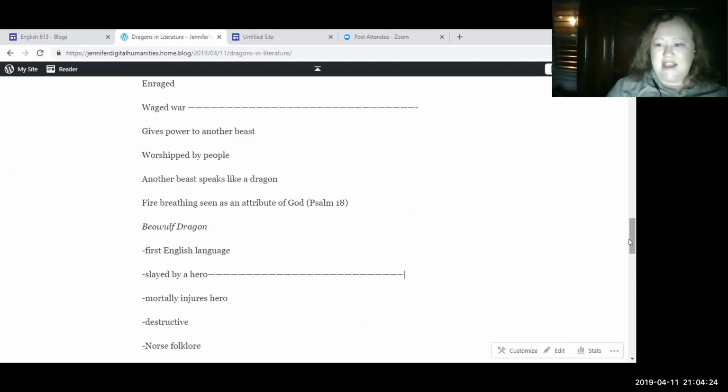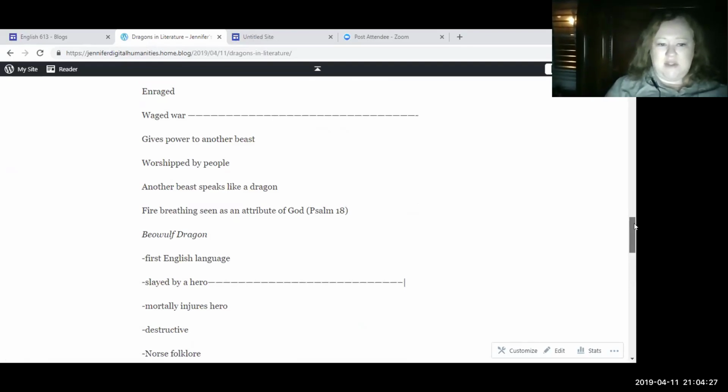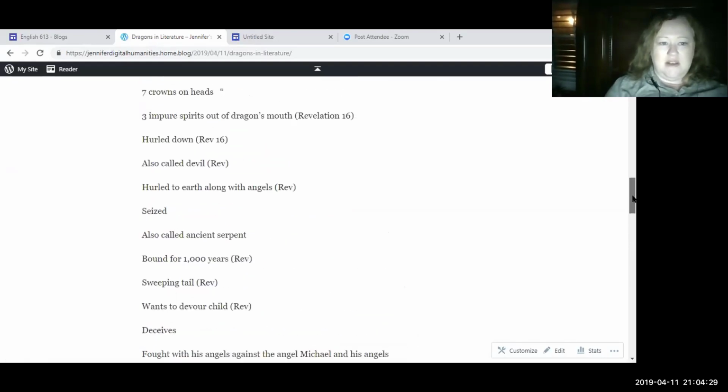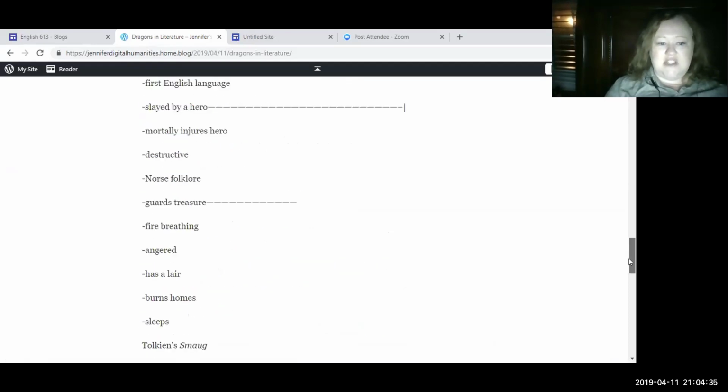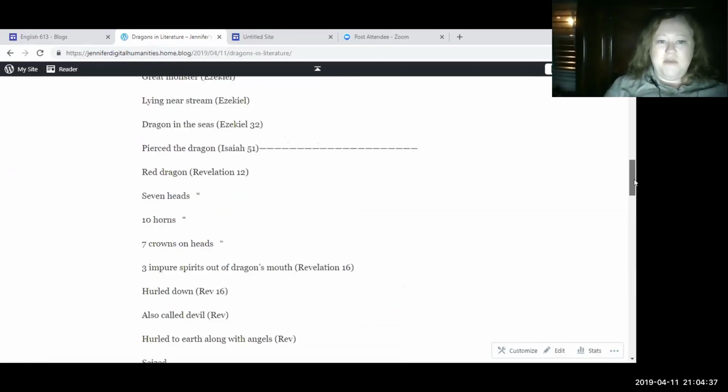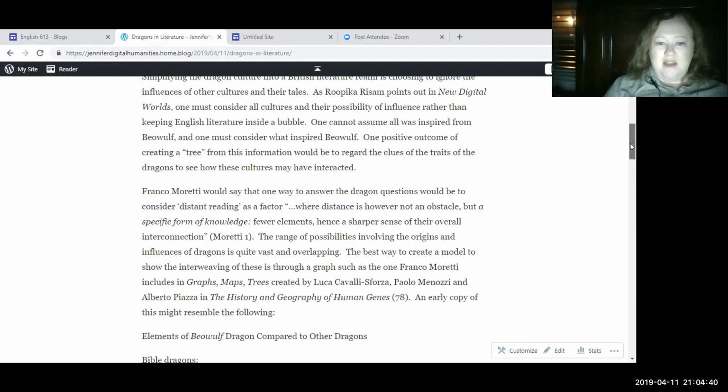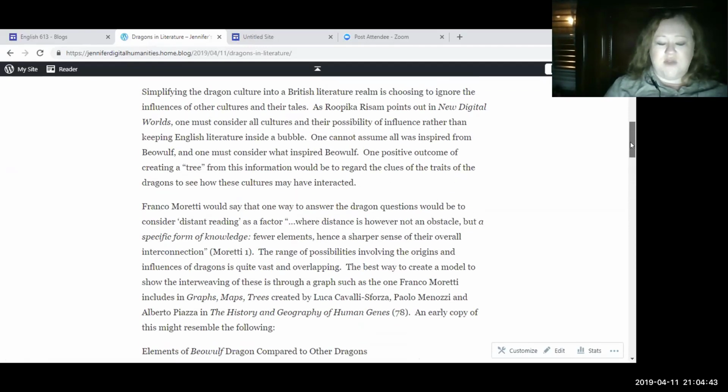So just things like that Beowulf's dragon was slayed by a hero. So the dragon in the Bible is also pierced, as it says up there. Just different things. And then, I haven't even put this in my blog yet, but I've been thinking about the fact that dragons' traits over time mostly have become really less fierce and more playful, like Puff the Magic Dragon lives by the sea, and he frolics. And so there's not a lot of frolicking with the Bible dragon